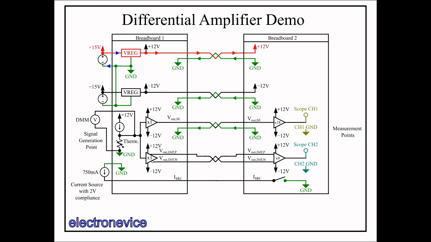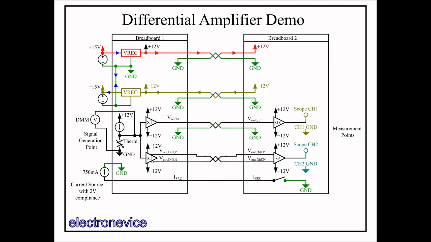Fortunately, most of the current in breadboard 2 is the supply currents of the op-amps, which flows from plus 12 volts to minus 12 volts. And so there aren't any significant ground currents, as the supply current flows from the plus 15 volt rail through the path colored in red, then back through the minus 12 volt rail through the path colored in gold. The signal currents from the single-ended wire and the differential wires are so small in this situation as to be negligible, and indeed the power currents we just mentioned that go to breadboard 2 are also very small.